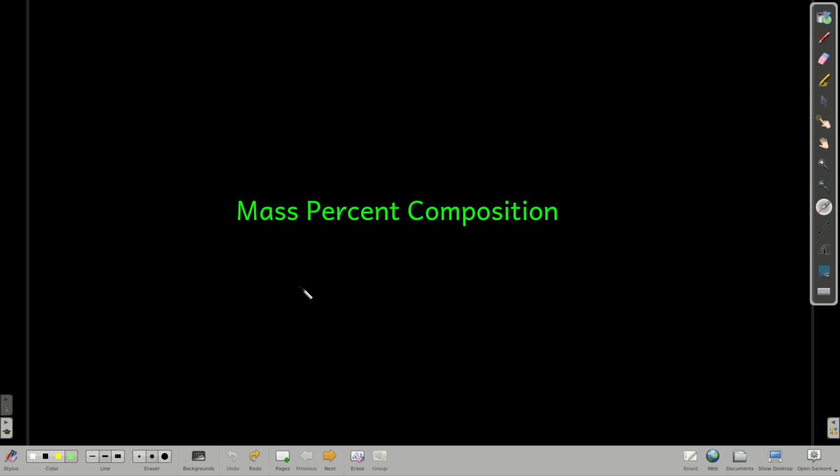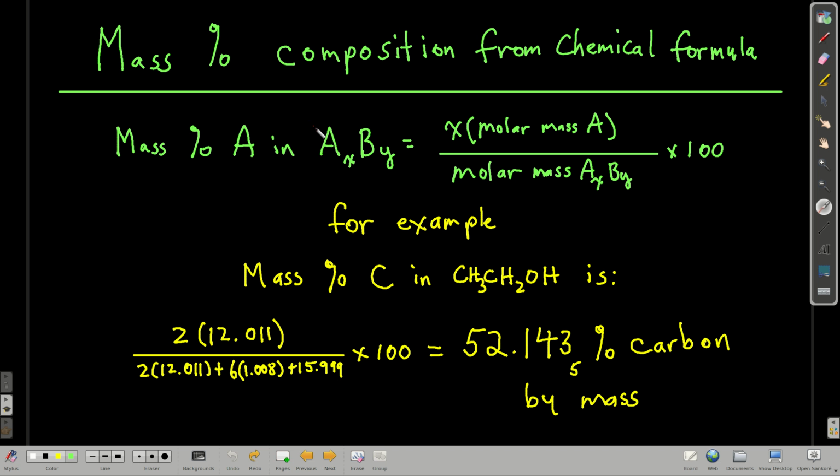In this module, we're going to talk about mass percent composition, what it is, how to find it, and how to use it. So this is what mass percent composition is in terms of chemical compounds. It's just the mass of one of the elements in the compound divided by the total mass of the compound